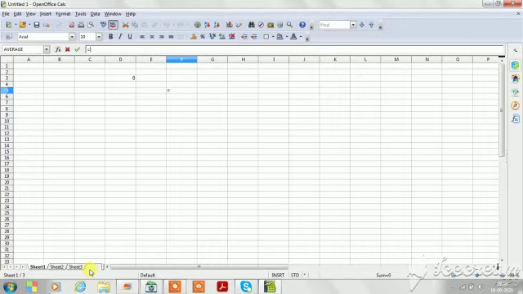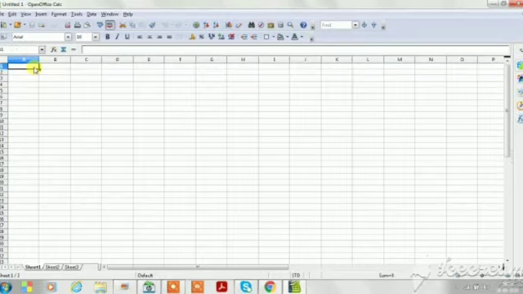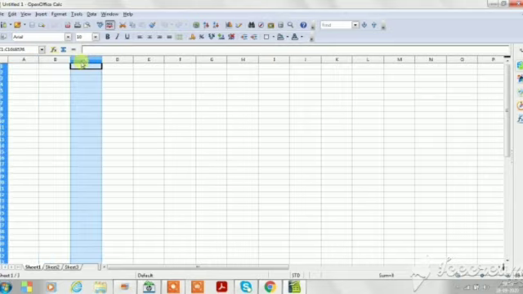Next are grid lines. The horizontal and vertical lines which you are seeing are called grid lines. Column heading. A column letter above the grid is also called a column heading.